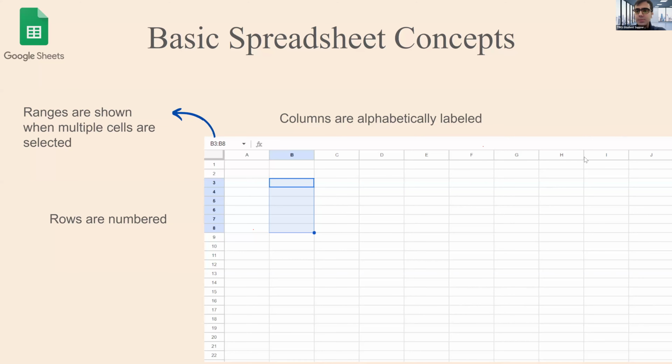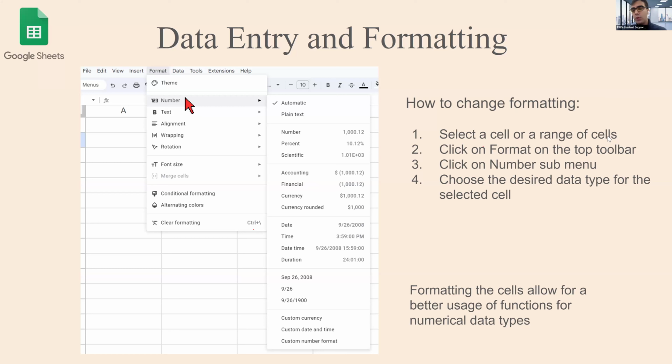And another thing is when you're dealing with different types of data, for example, I put in numbers, but the numbers are meant to be a cost, for example. And another way I can put in a number, it could mean time or a day or a month. It could have different meanings. And for it to not get confused and also to automatically help us do some calculations for multiple functions,